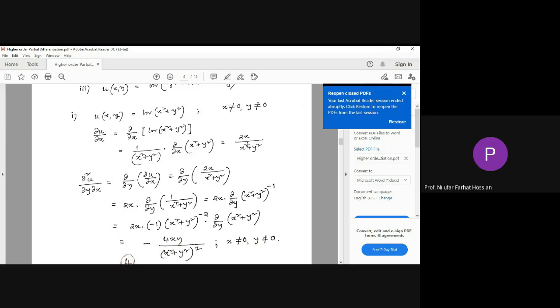Del y of this thing. So now the differentiation is with respect to y. So you can take this 2x outside. So 2x into